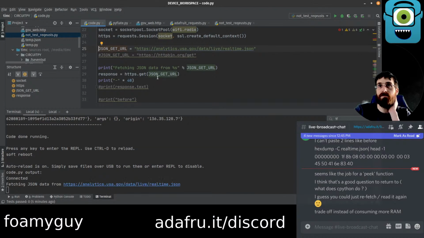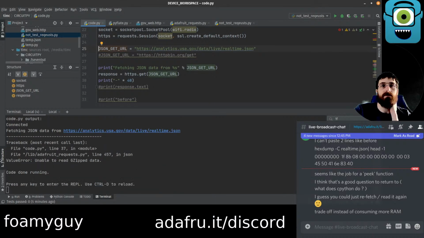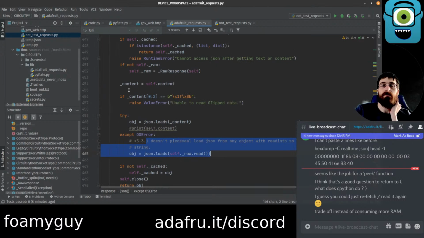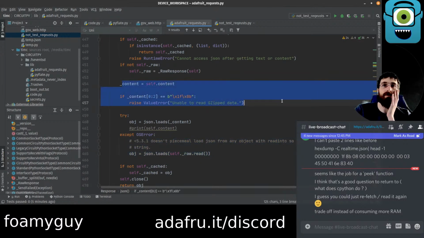In order for it to be successful with this one, we would want to see it raise the gzip error that says can't read gzipped data. It did. But yeah, this is functional and does what we want, but I suspect not really the solution we